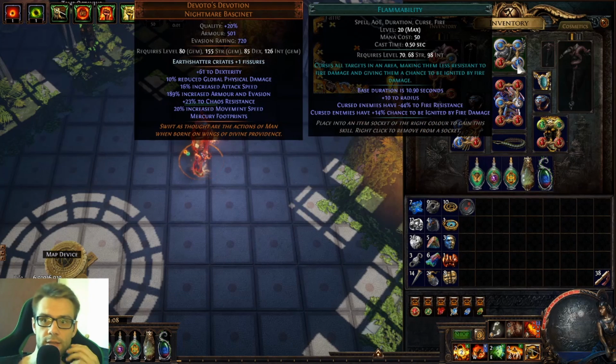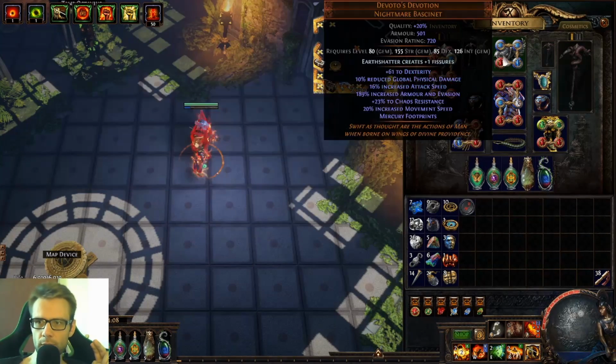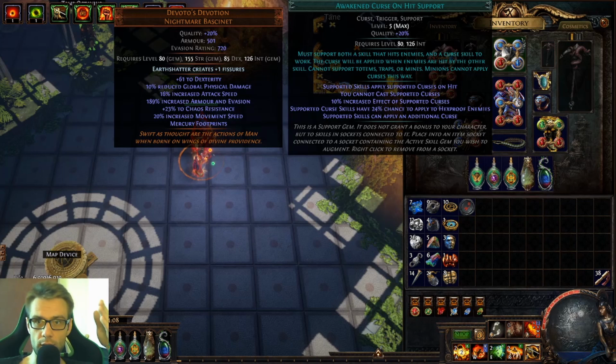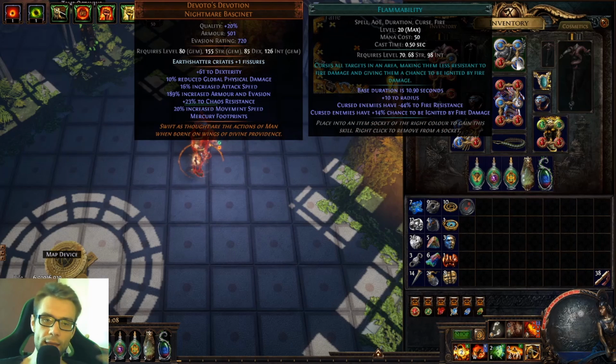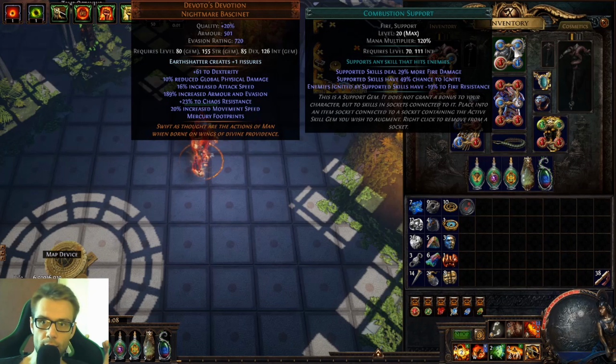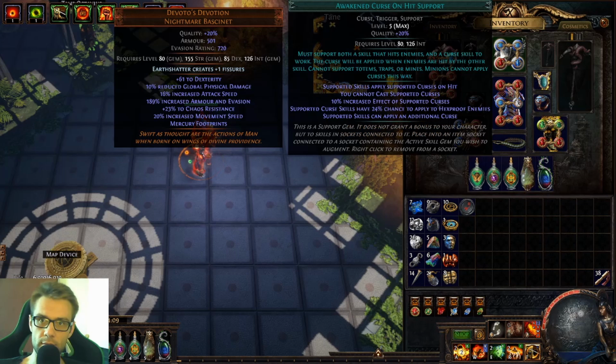Or later in the guide, I realized that it also can be used for utility. For example, I have used Awaken Curse on hit support to add curse flammability on the opponents, on the targets that I hit. And also use combustion support so that there's a 49% chance to ignite enemies. So with this, I can ignite enemies and I can curse them with another curse, right? I have elemental weakness here, and then with Awaken Curse and hit support, I can get another one, because you can